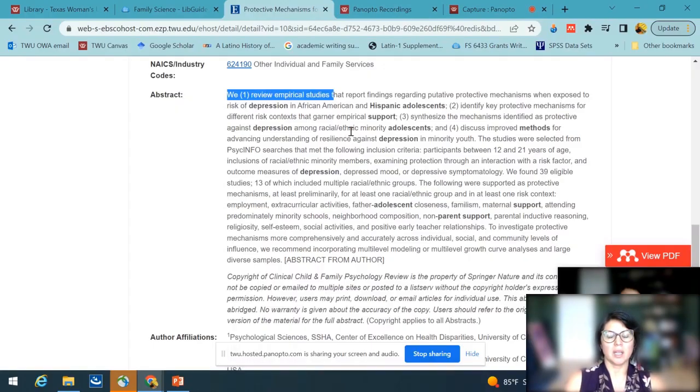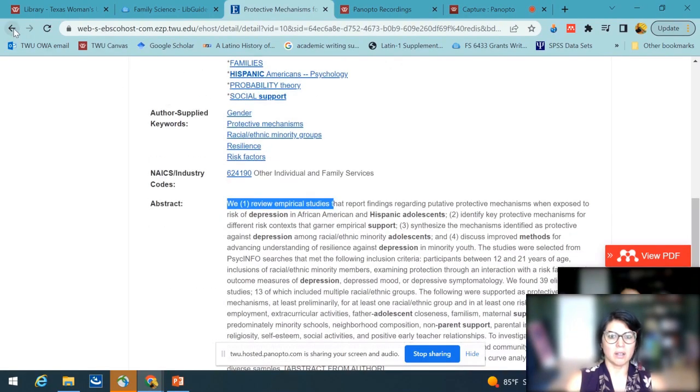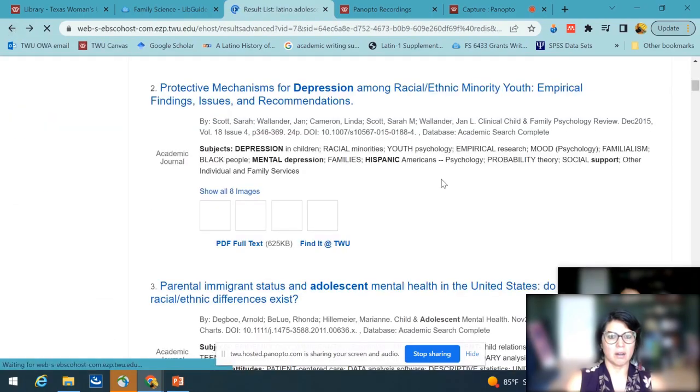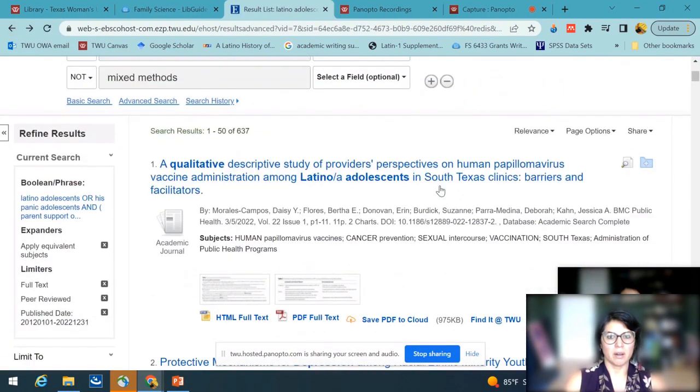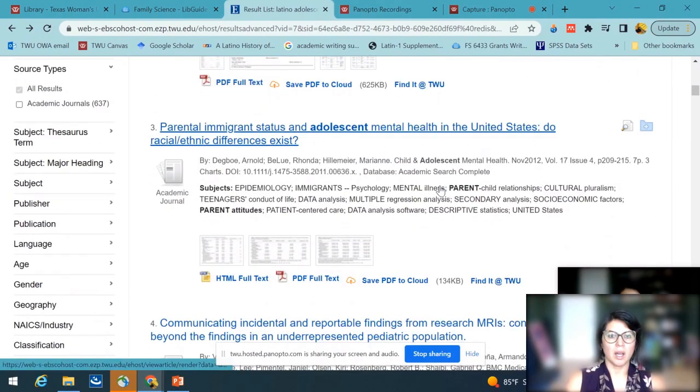This would be what we talked about earlier, where the researchers go into a database, they identify 50 or 100 articles that all talk about Hispanic adolescents, depression, and then they compare the findings of each. So this article does not meet our criteria. So number 1 is out, number 2 is out. Parental immigrant status and adolescent mental health in the United States. Do racial ethnic differences exist? Let's read the